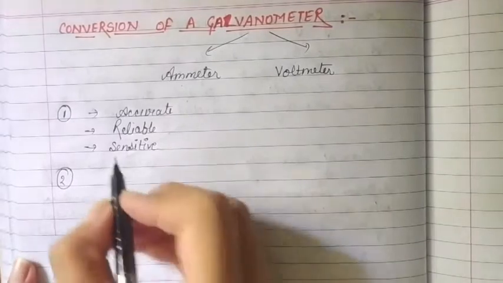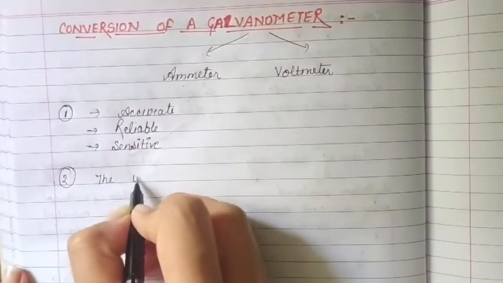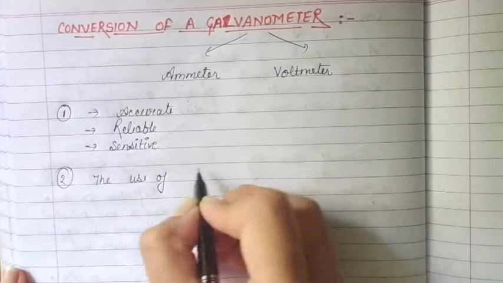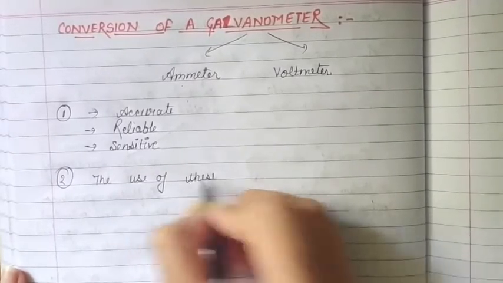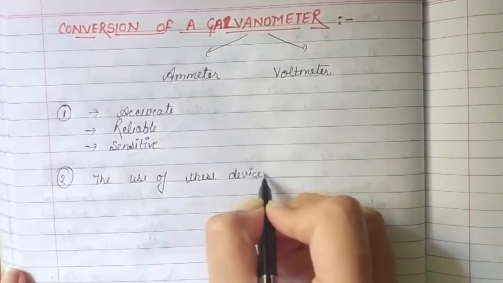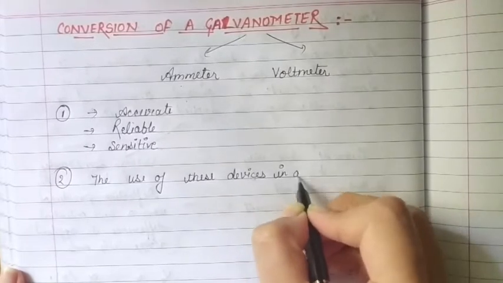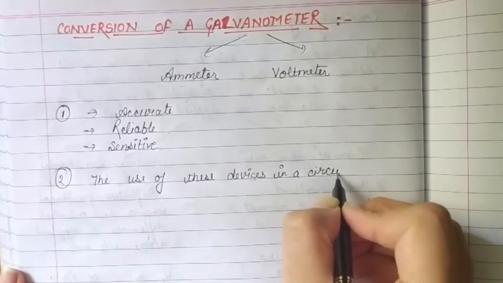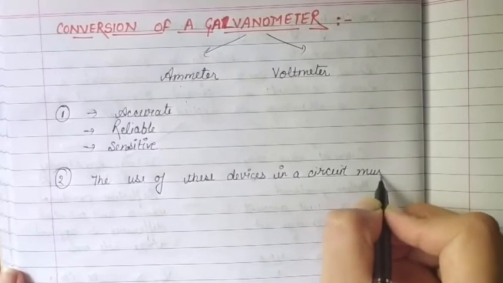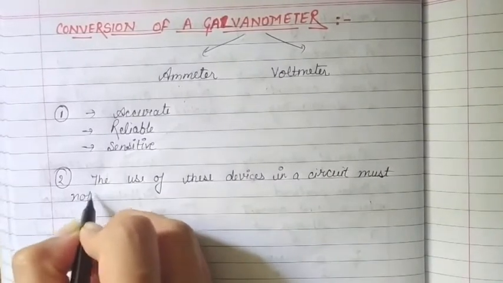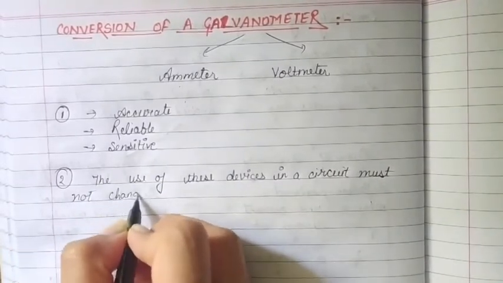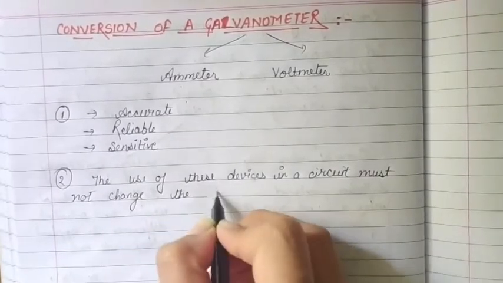So combinedly we can write it as: the use of these devices in a circuit must not change the current in the circuit